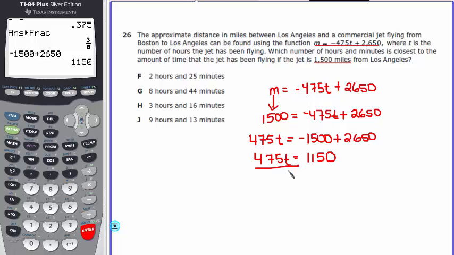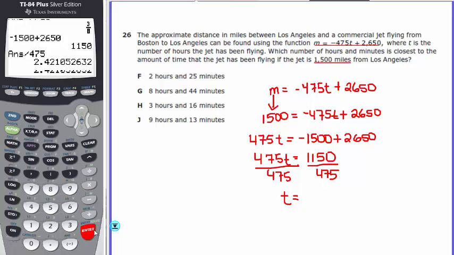Then we're going to divide both sides by 475. And if we divide that on the calculator, 1150, or the answer before, divided by 475 is going to equal 2.42, which is very close to 2.5